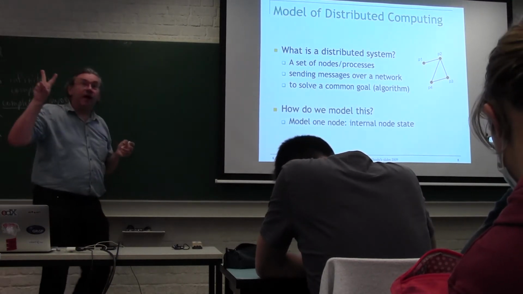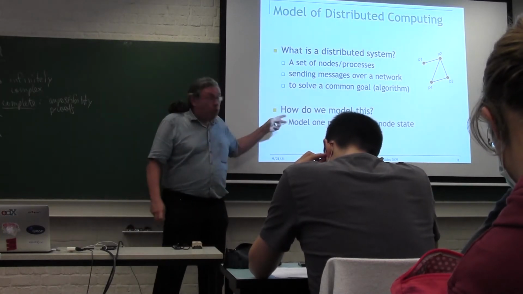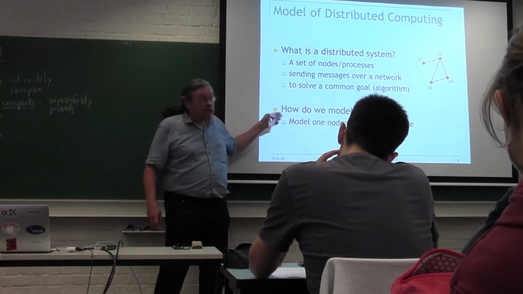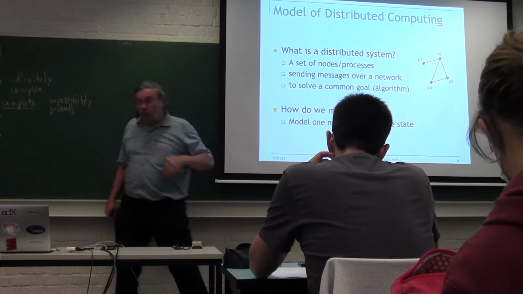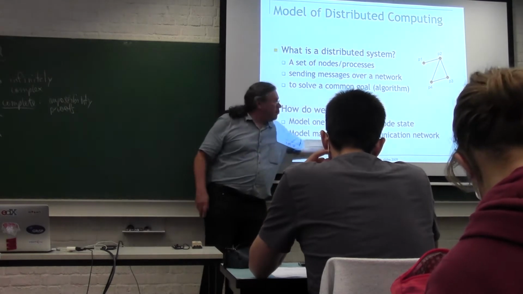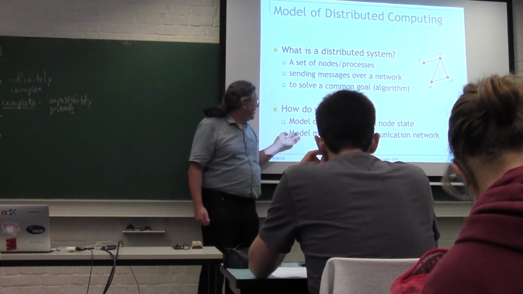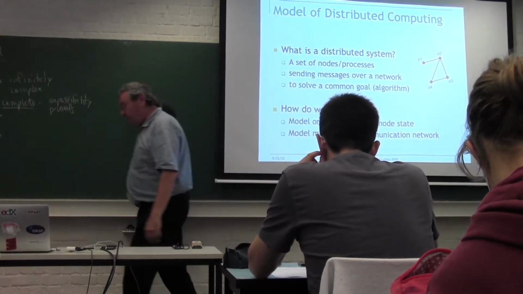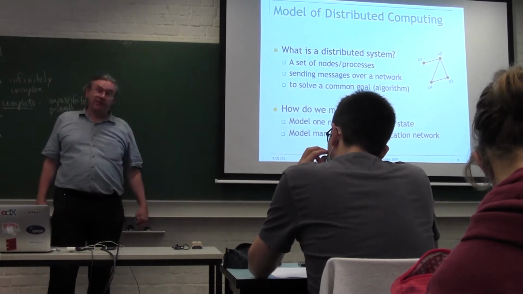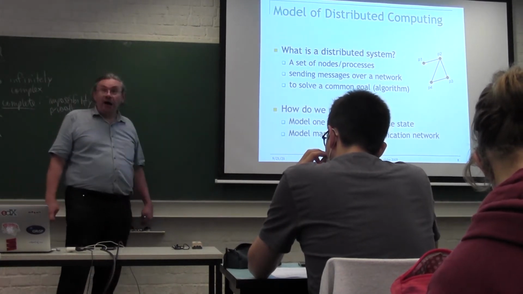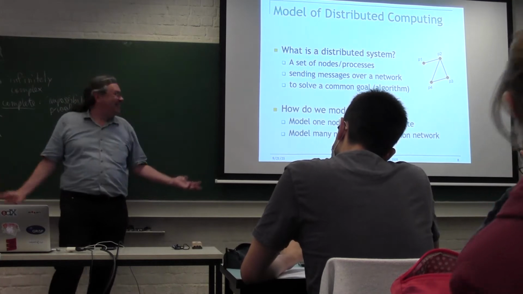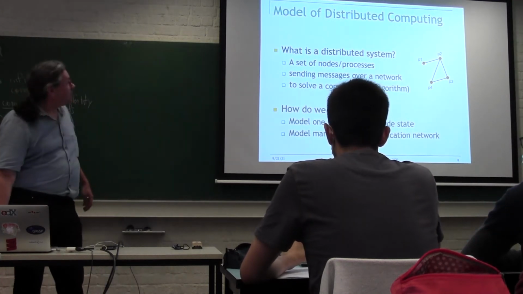Well, we're going to do it in two steps. We're going to first model one node, and this is something that you already normally know. This is a kind of state machine. And then we'll model how the nodes are connected, the network. Modeling the network is what makes it a little bit more complicated. So what's the simplest way of modeling a network? We don't want to model TCP. We don't want to model IP. That's already very complicated. So how do you model a network so that it's simple and still powerful? Okay, so we're going to see that today.